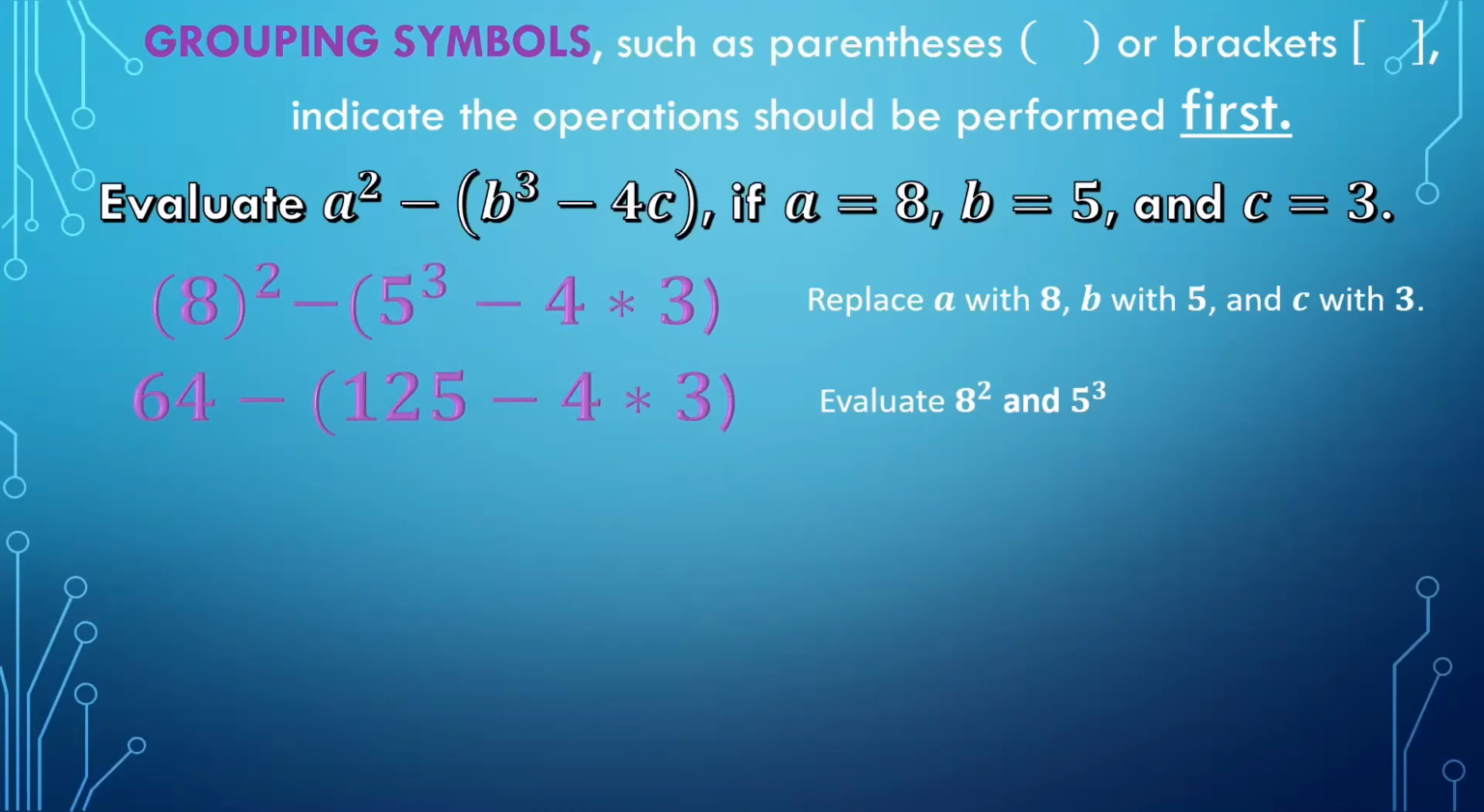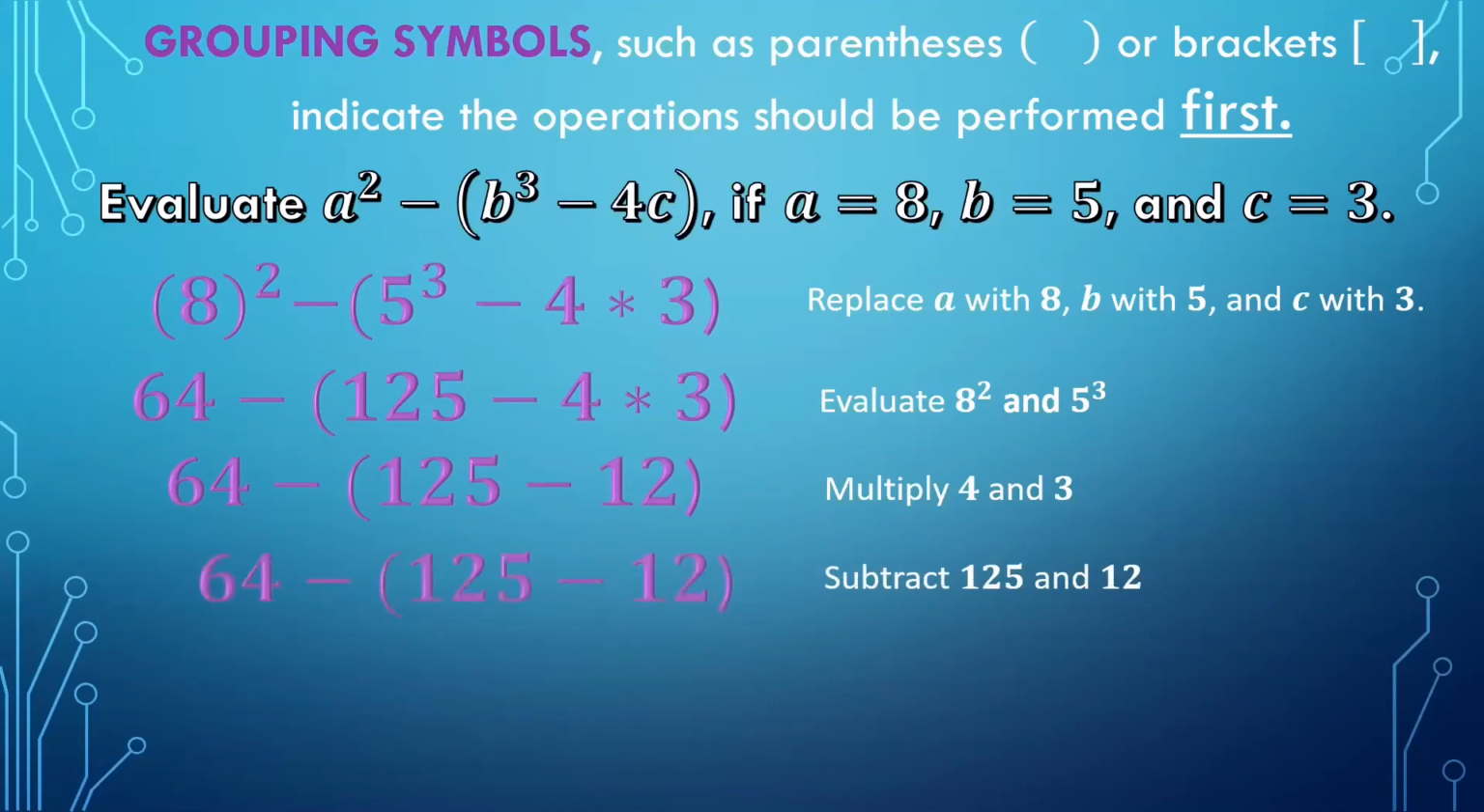Now that I've done that, I have to stay within that large parentheses where there's 3 different terms. And what I'm going to do first, order of operations inside the parentheses tells me to multiply. You cannot do 125 minus 4 first. You have to multiply. So you'd get 64 minus the quantity of 125 minus 12. Well, here's some advice. Your parentheses is still not down to one number. So I have to subtract 125 and 12 to get